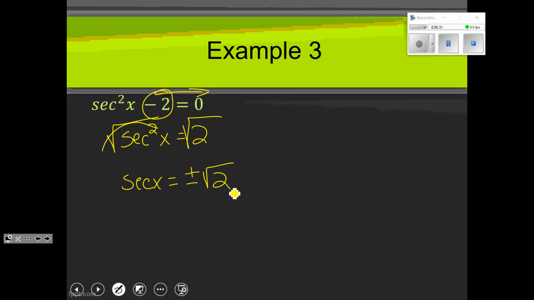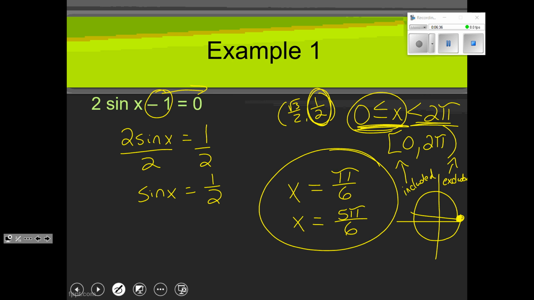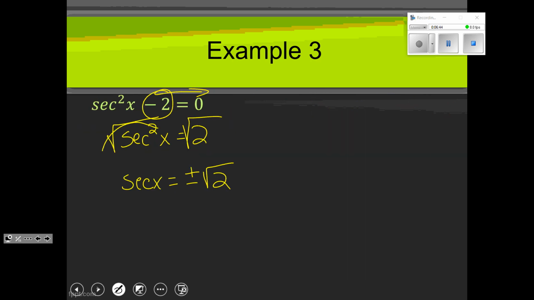And I know what you're thinking. You're thinking, wait a minute. On example 1, we only did positive a half. But here's the thing. Did we take a square root on example 1? We did not. So this one is just positive a half. But on the next 2 examples, we took a square root on the left side and the right side. Okay? So this would be